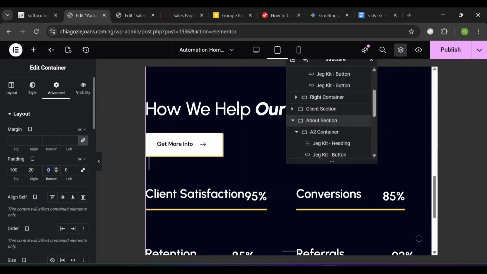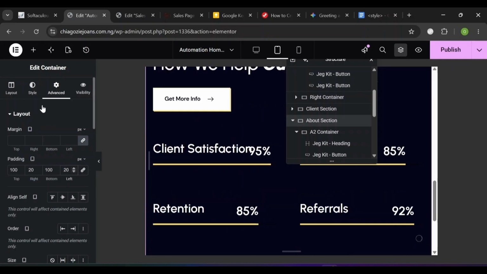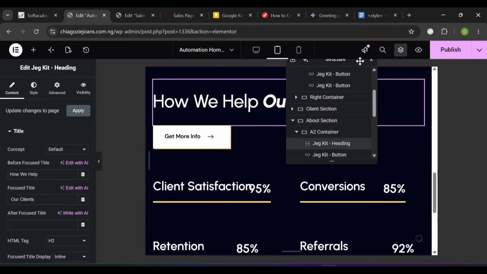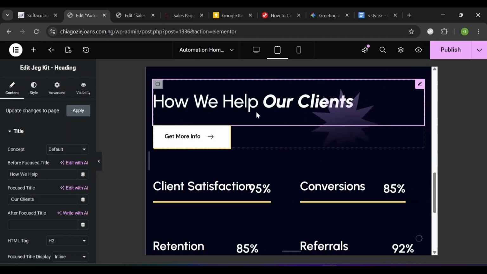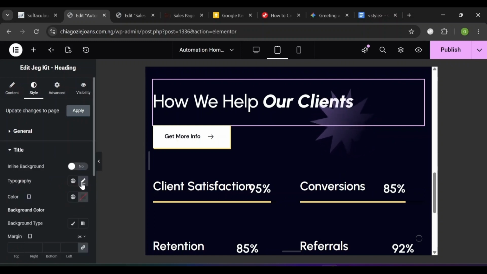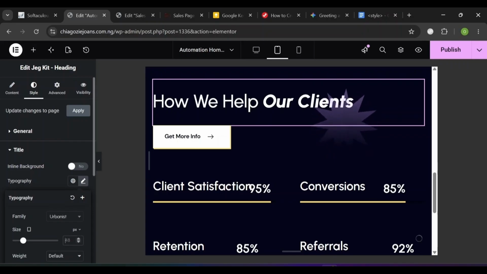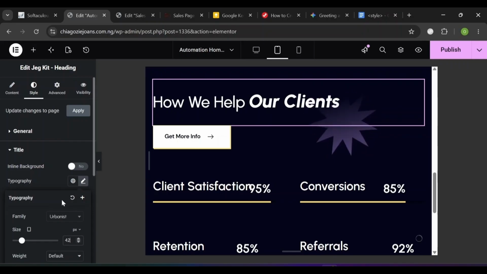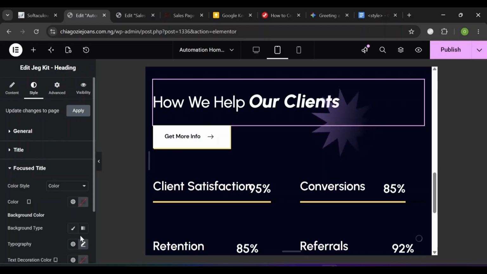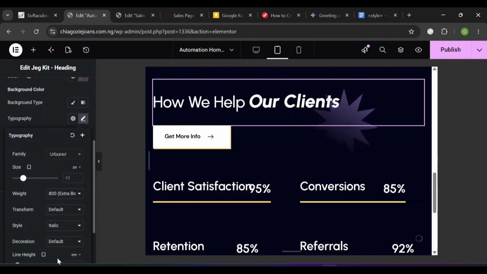and make this bottom 100, make the left 20. Now click on style. Okay, let's select this one here. We can minimize this, select the title, then click on style, select title. Okay, edit the typography here, click on this, let's make the size 42. Then we minimize this, go to focused title, click on the typography, scroll to the size, let's